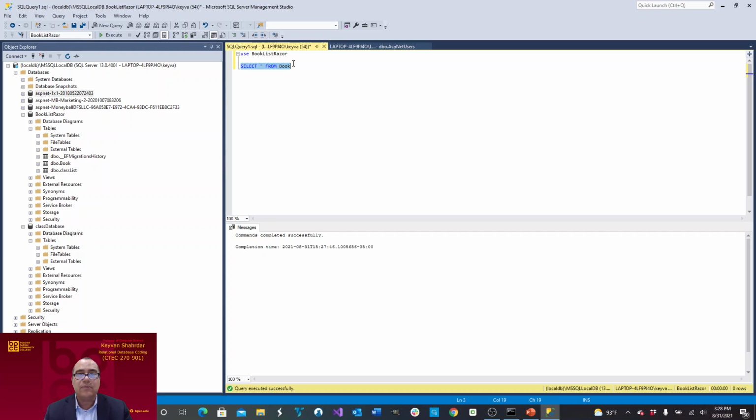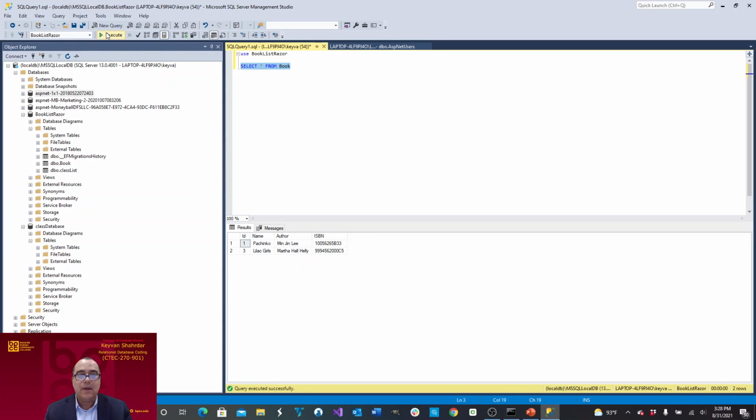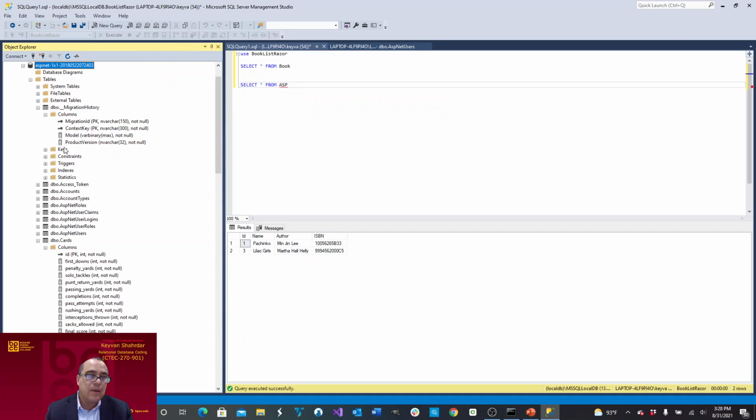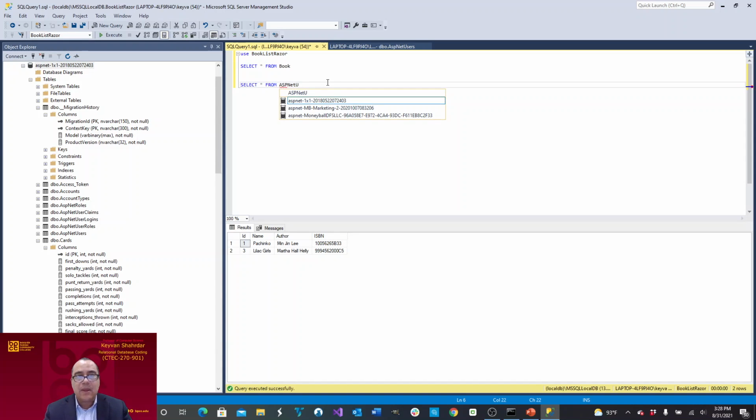Okay, and then I could just highlight this here and say execute. And then let's say if I want to say select star from ASP.NET users. Okay, so if I do this,